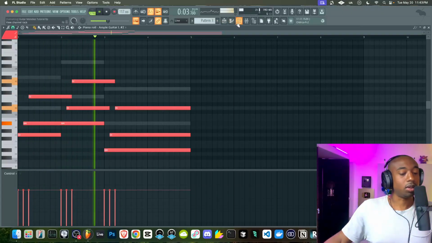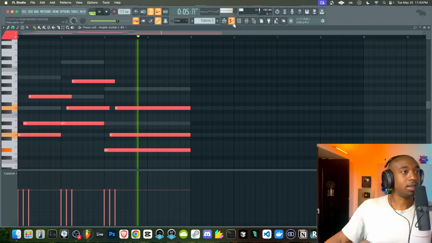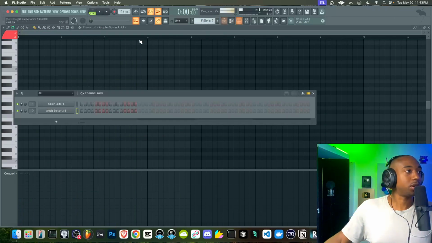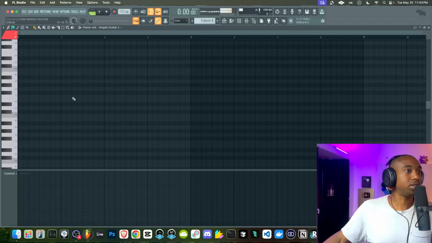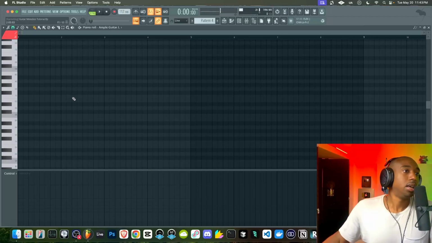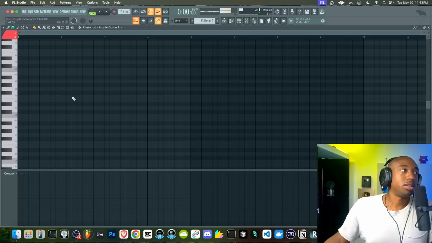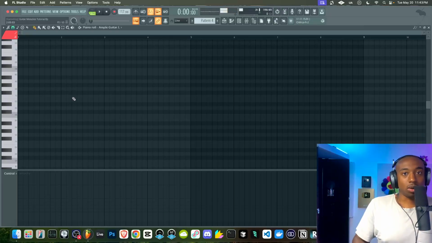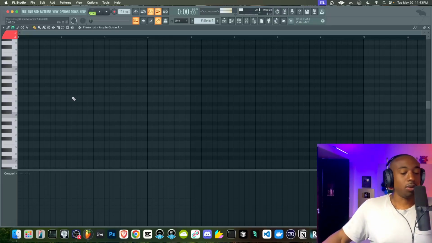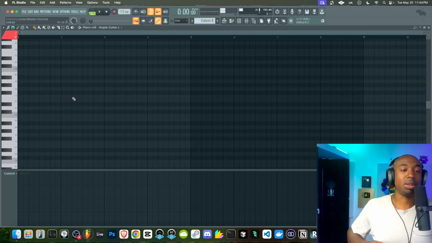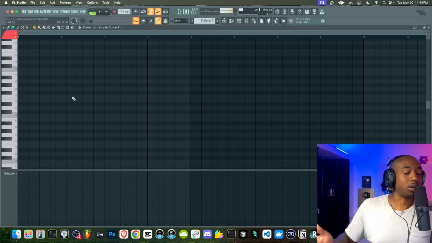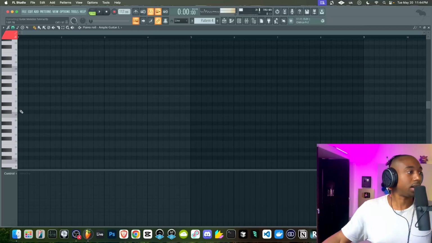Now let's add something called the 10th. To do this, I'm going to demonstrate on a separate pattern here. So firstly, let's talk about guitar melodies in general. When people are playing guitars, it's not as easy to make really big chords as it is on piano. So they have to sacrifice some notes sometimes for chords, or revoice the chord to where it's not your typical just play up the keyboard and get all of the notes in a row. So one of those chords you guys want to learn is the minor add 9 chord.